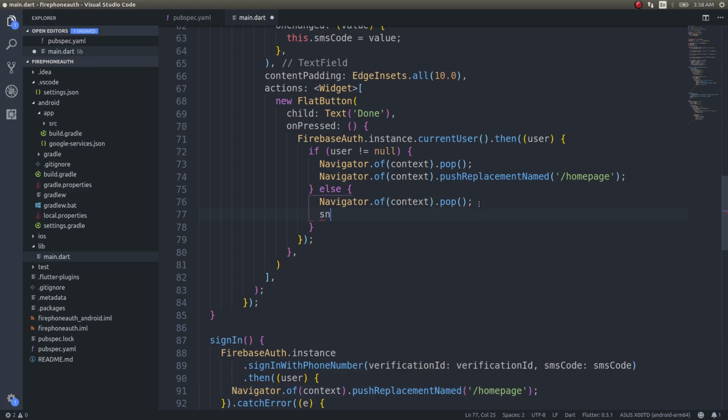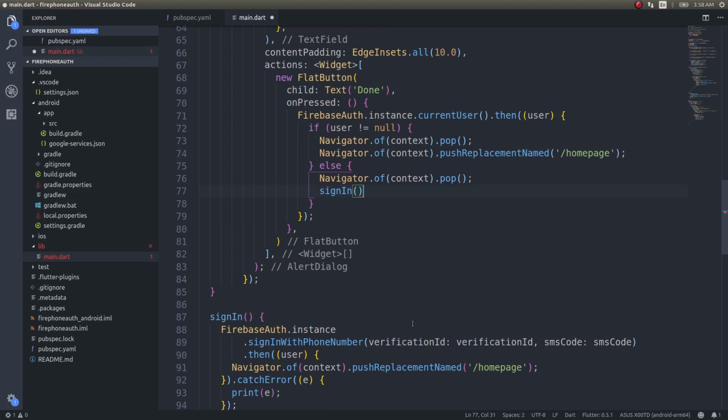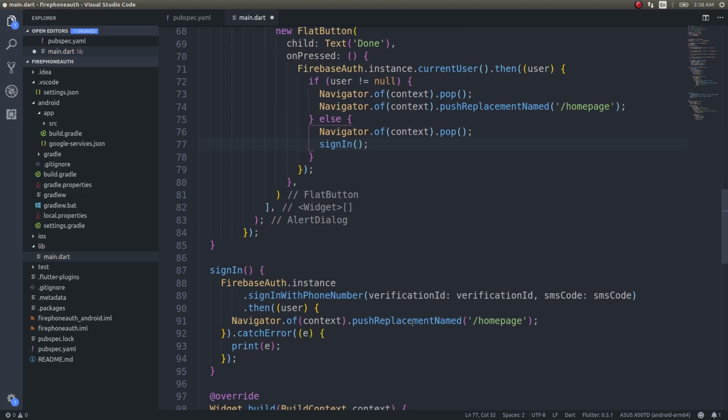You just need to call this here now, SignIn dot then. Okay, then is not even needed because sign in doesn't return anything. It's not even a future, right? So SignIn. Okay,